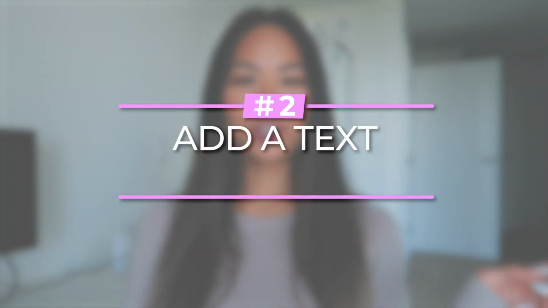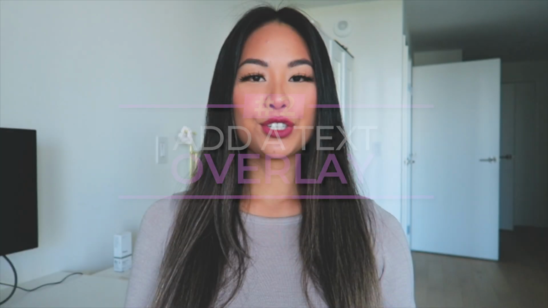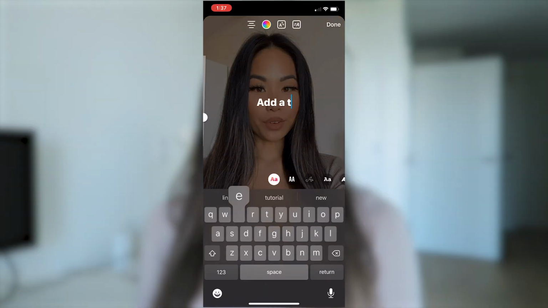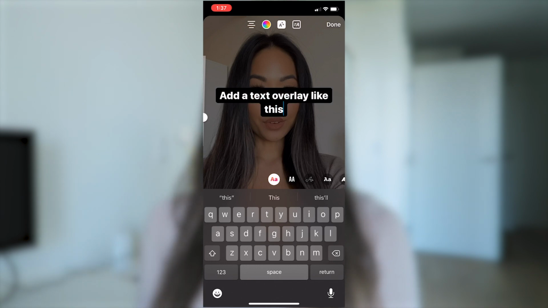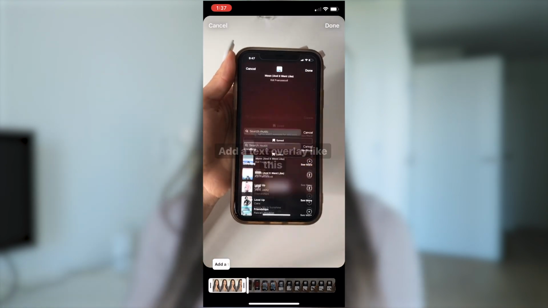The second tip on how to go viral on Instagram Reels is to add the text overlay within the first 2 seconds of the video. With the text overlay, you want to hook people in and call out your target audience. You want to put the punchline of the video within the first 2 seconds of the Instagram Reel, because when people are scrolling through the Instagram Reels area, their attention span is quite short, so if you don't capture their attention within the first 2 seconds, they're just going to scroll right by and it will hurt your views.